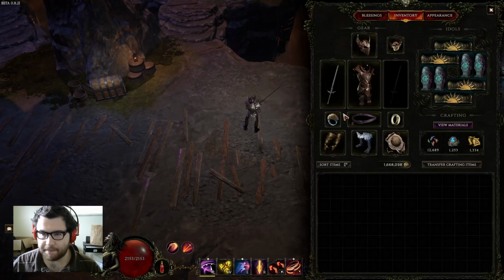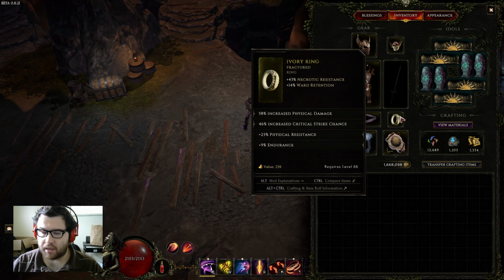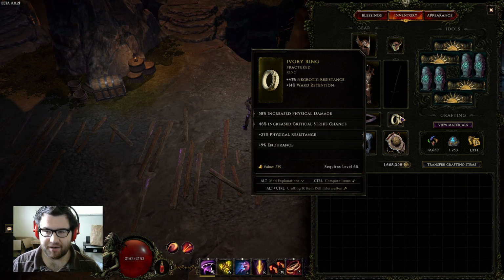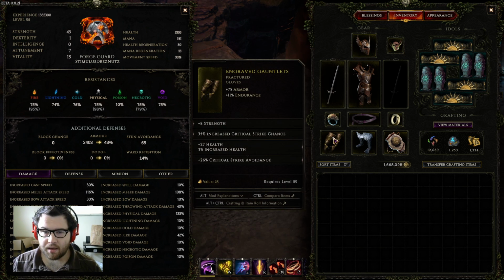Very nice, right? Then for the other ring, we're running an ivory ring with crit chance and strength. Physical, you could run strength instead if you have enough crit. I'm just running some reses to cap my reses. We actually don't need this physical res, it's just the ring rolled like this. Then for the gloves,